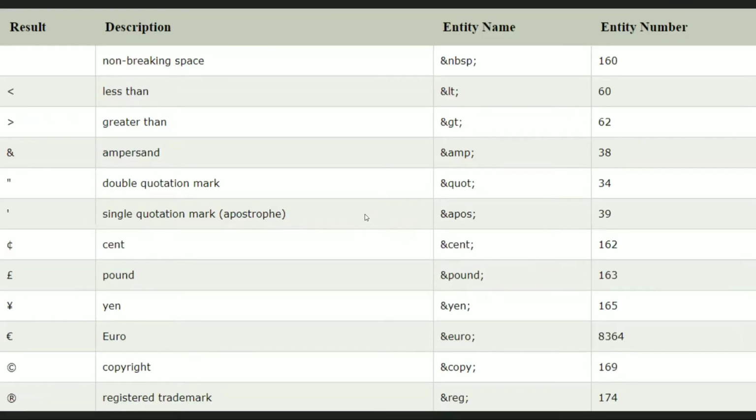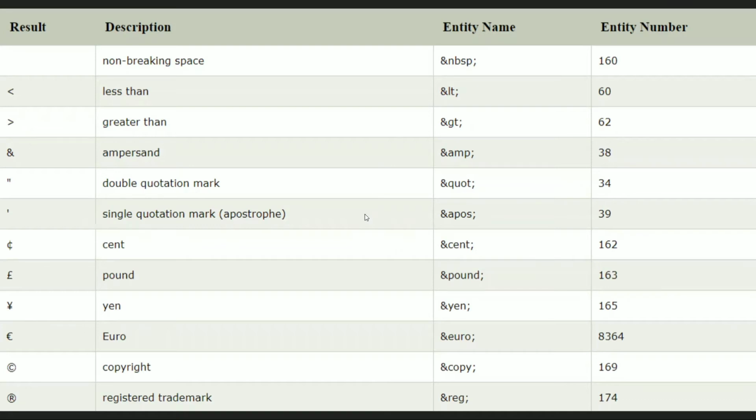So like that, there is a list of entity names and entity numbers. I'm coming to that list. Here is the list of HTML entities. If you want to give a non-breaking space, you have to use ampersand nbsp semicolon.